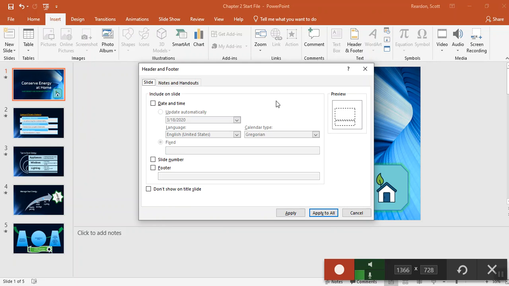And this is where we decide what we want to have show up on our slides, like at the bottom or the top. So I want to include the date and time on my slide, except I'm going to have it fixed, which means it's not going to change by date. I'm going to say October 1. I want that to show up on every slide. I want the slide number to appear. I want to put in a footer. This is going to be called Greenest Street